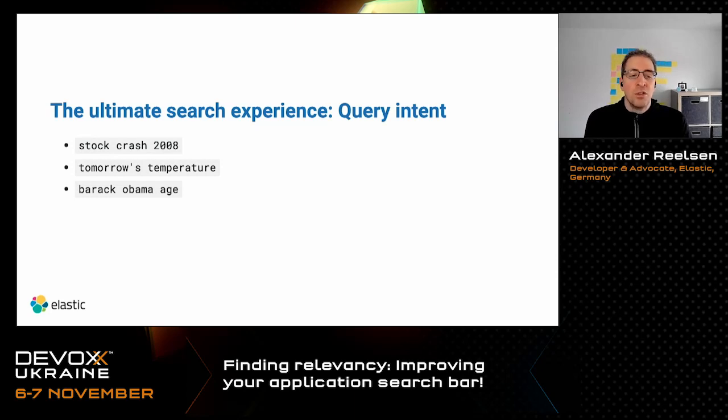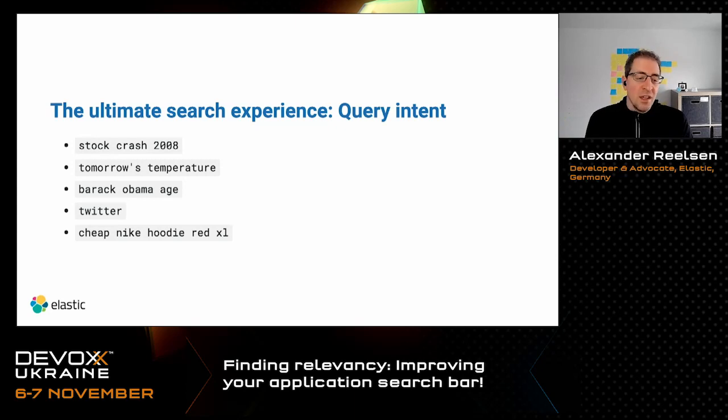Something like this, if you type this into Google, it will return the current age of Barack Obama. So there's definitely more than just trying to search for documents that contain these phrases. And there are tons of users who type in the website they want to visit into Google, like Twitter, Facebook, whatever, especially older users, less experienced users, and they are used to how the internet works. So this is also something that Google in that case caters for.